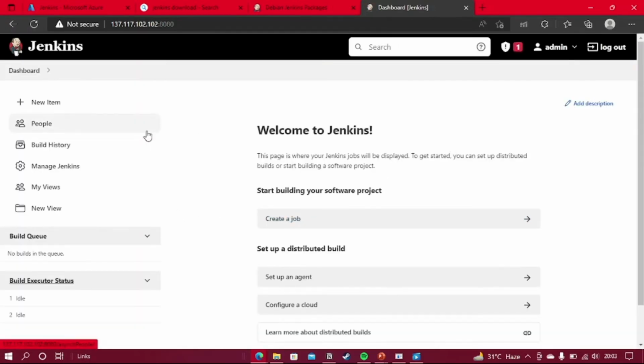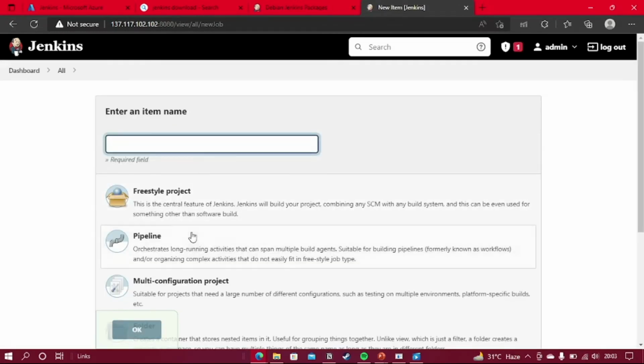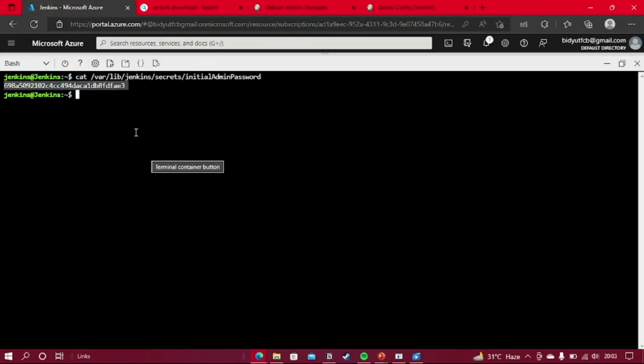So we can create a new job from this New Item option. In our case, we'll create a Java file which would contain a simple print statement that the job is run successfully. Then we will compile that particular Java file and then run and execute that particular class file. So we'll create a Java file in our virtual machine, vi demo.java,